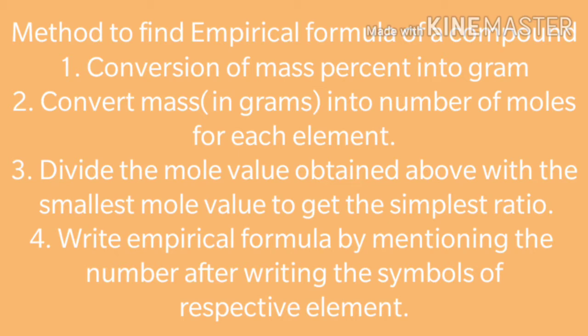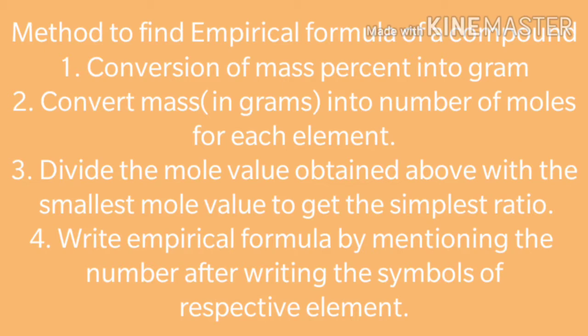Usually no direct method is used for finding the percentage of oxygen in a compound. It is calculated by finding the percentages of all elements except oxygen. Thus percentage of oxygen is equal to 100 minus the sum of percentages of all other elements present in the compound. So to get the percentage of oxygen, we calculate the sum of all the percentages of all the atoms present in it, then we subtract it from 100.